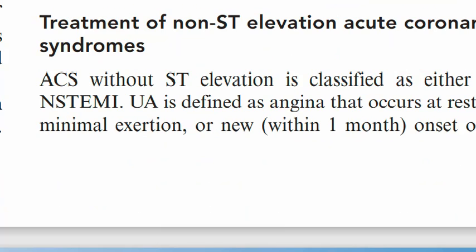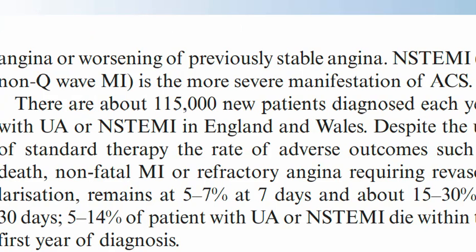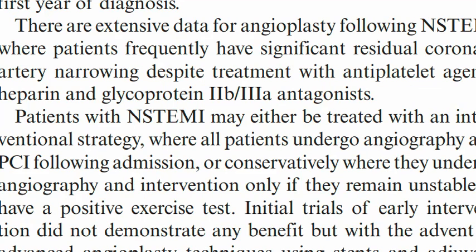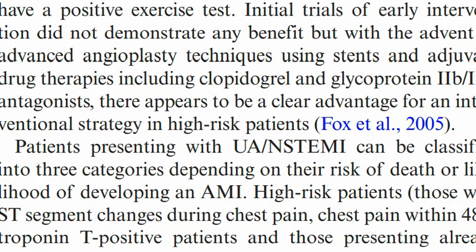What is the treatment of non-ST elevation acute coronary syndrome? It is basically defined as angina that occurs at rest or with minimum exertion, or a new onset of the severe one. It is the most severe manifestation of acute coronary syndrome. Mortality rate is about 15 to 30% at 30 days. Its mortality is very high. Treatment is extensive angioplasty, very quick angioplasty has to be done, along with adjuvant drug therapies like clopidogrel and glycoprotein 2B3A antagonists and